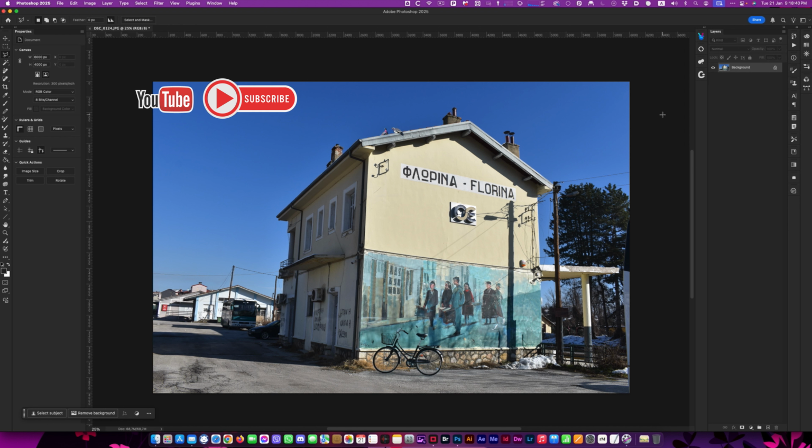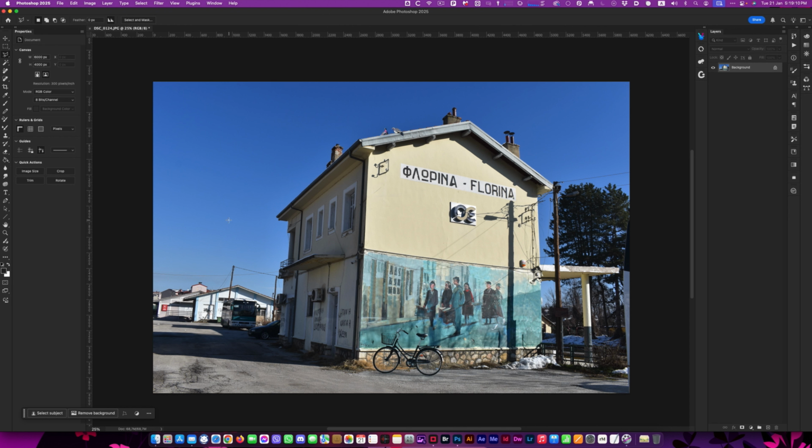Now, for instance, you may remember I've done this image in a couple of other tutorials, and I removed the wires, and I've added a few objects, like I've added the bike, and I've added the little birds up here. But you'll notice it's got a very blue sky, which is common in Greece. You don't get that many clouds sometimes, and we just want to have some detail in there. We just want to give it a little bit of depth. One of the things you can do now is to change the background, which is quite simple in new